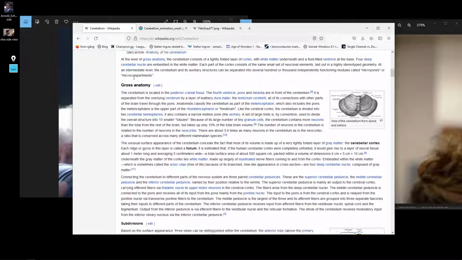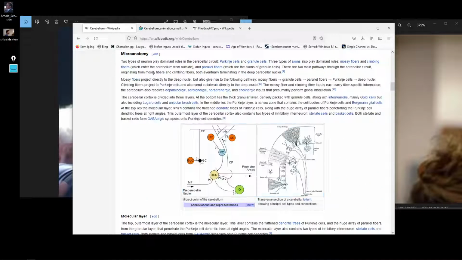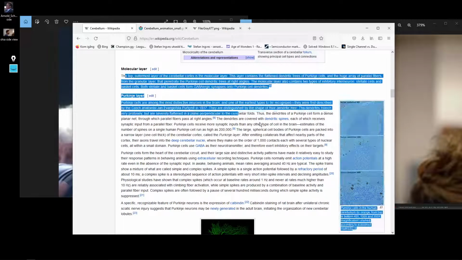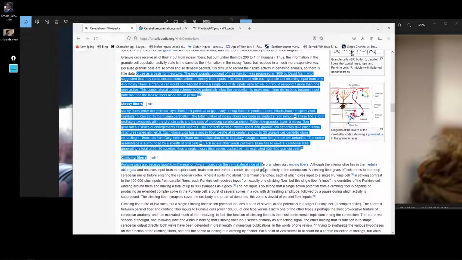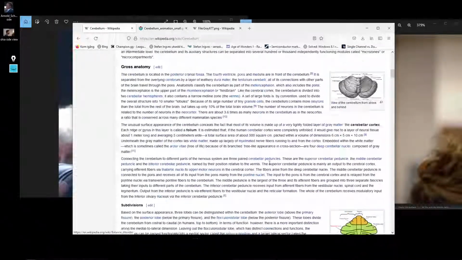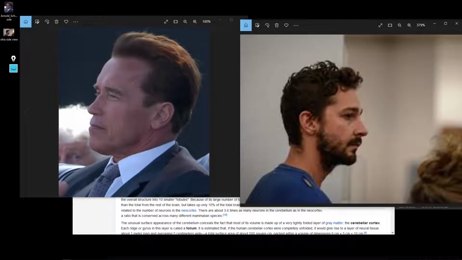We can read more here if we want to, but I think we got the main points down. The other parts we can go through, but those have other connections to other parts of the brain, which we will go through at a later stage.